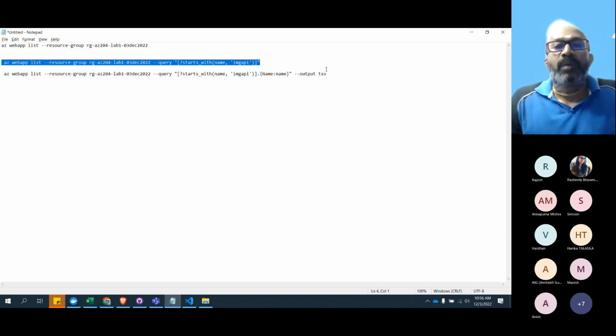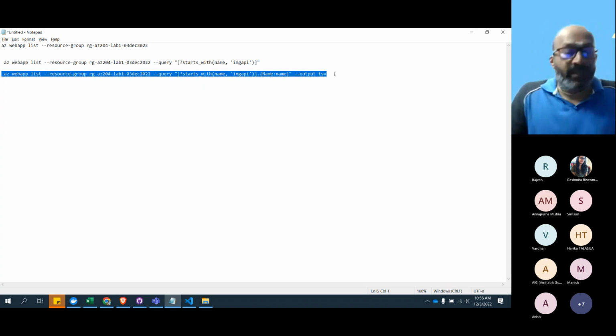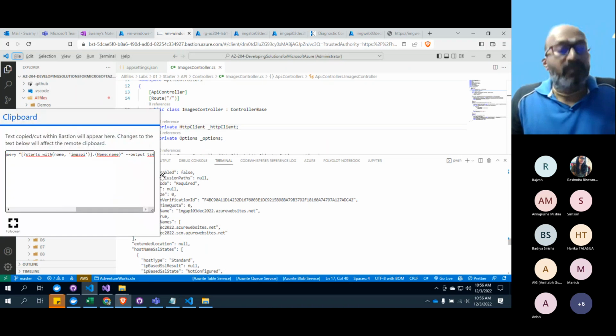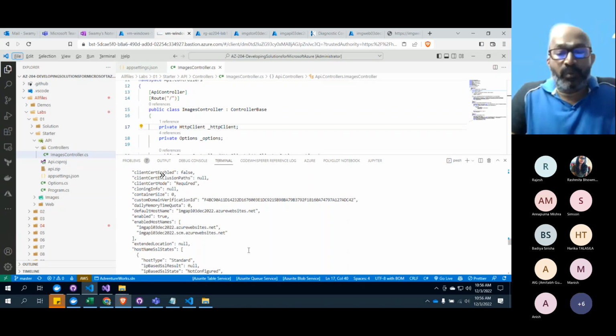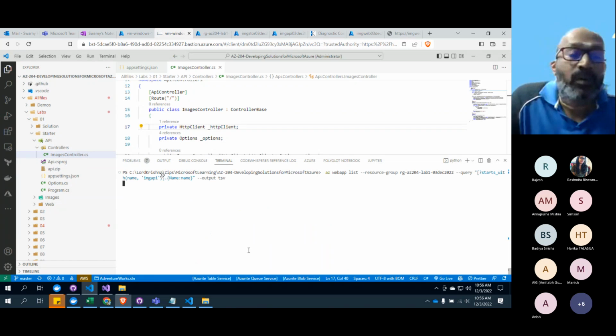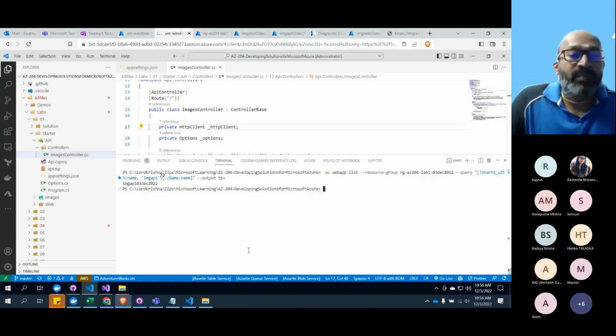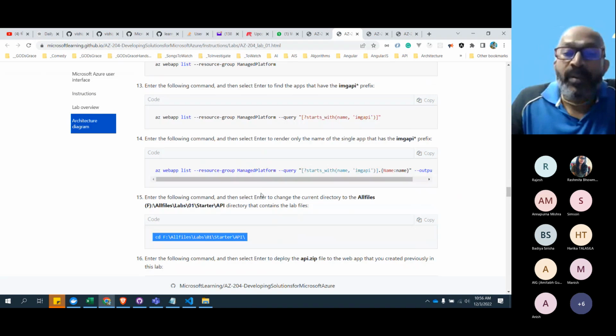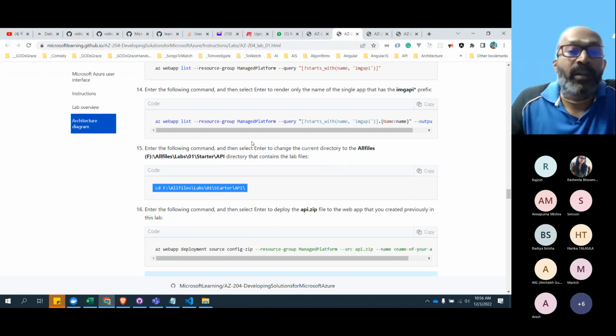The other thing is we just wanted its name, so let's pick up that. All these commands they have given; the only difference is the resource group, because we have taken a separate resource group instead of the managed one they suggested. That's the only change we did. It gives us the image API 3rd December. So all is well till here. We executed all these commands and we were able to get it.